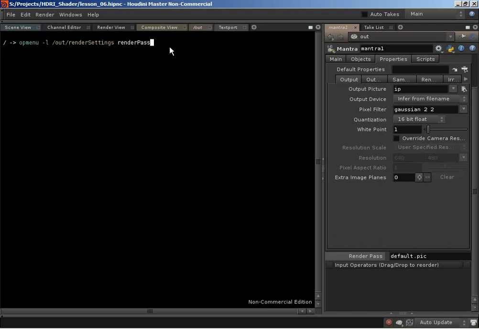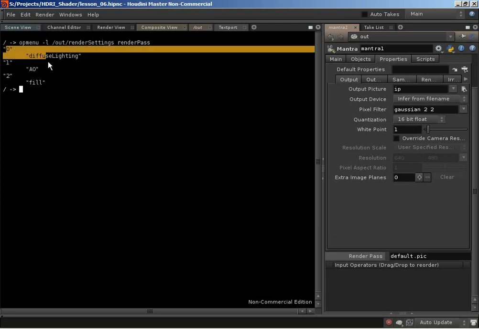So it's going to, if we push enter now, list to us a number of entries: 0, diffuse lighting, 1, ambient occlusion, 2, fill. All of this is string information, and when we call from Python, we call this particular command, it's going to return to us a single string. But what do we notice? We notice that each of these is on a different line, so if we break it apart based on the new line character,